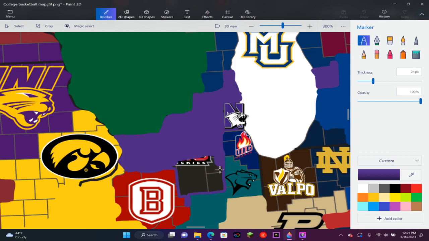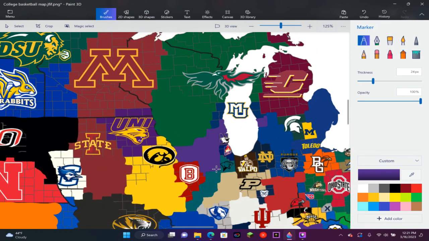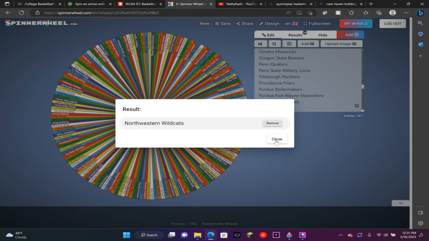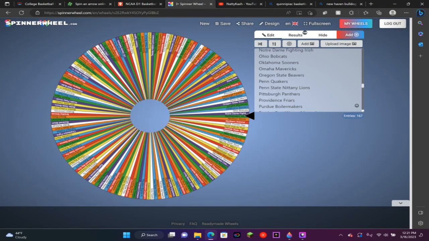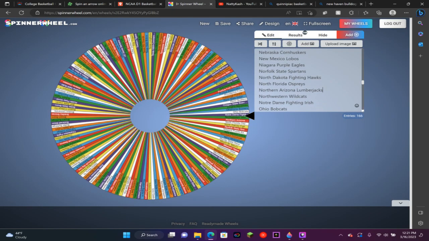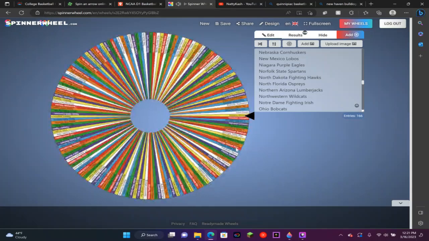We will expand even further southwest. So we've gone north and we've gone southwest. Hopefully we can continue that expansion. Northwestern lives on to see another day, and Northern Illinois are done. Next wheel